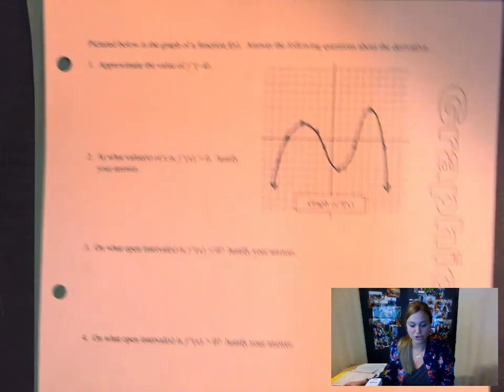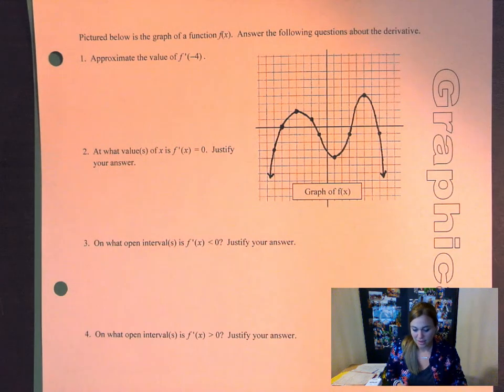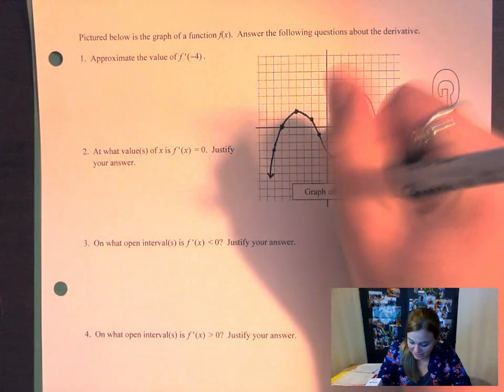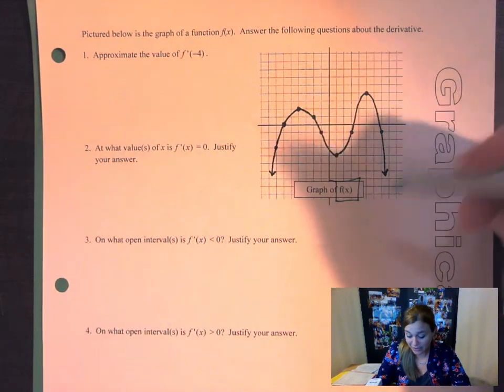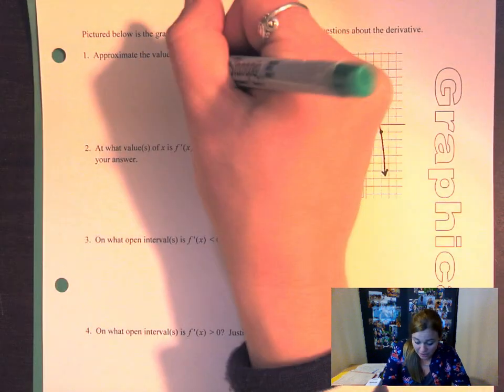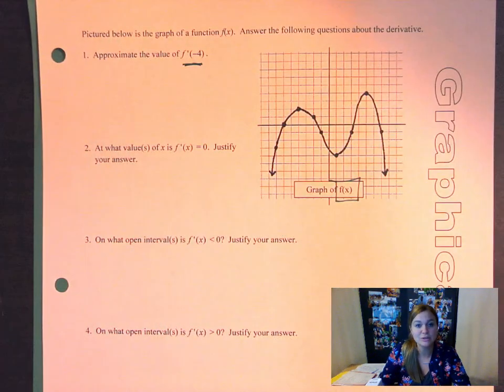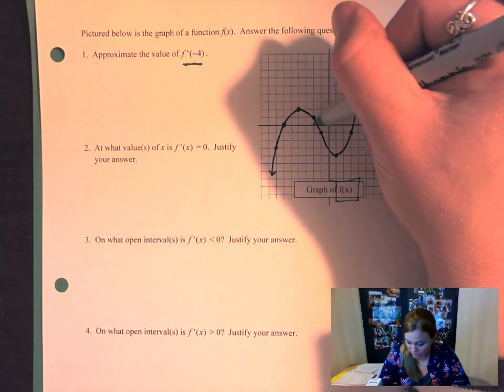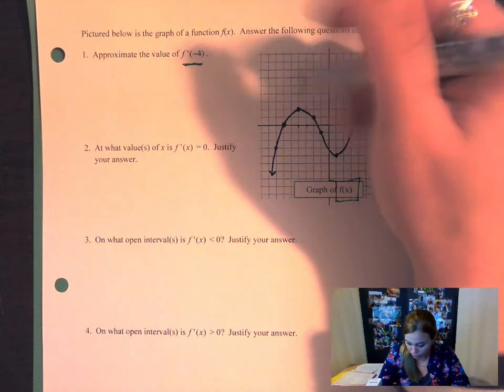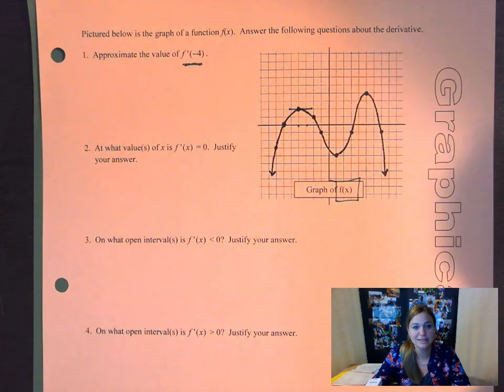Now you're going to try some of this. Sort of. At least you're going to think about it. And this one, it says approximate the value of f prime of -4. And I look over here and I'm like, okay, this is f of x. This graph is already so nice because it's labeled. So I've got this graph of f of x, and I want to approximate the slope of the tangent. Every time you see derivative, you should be thinking slope of the tangent at -4. So I'm going to go x is 1, 2, 3, 4. What is the slope of the tangent there? If I make a tangent line, the slope of that line is